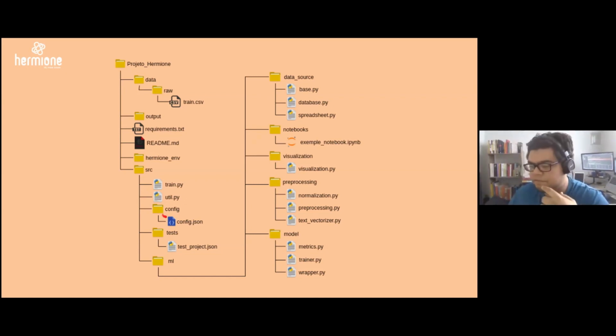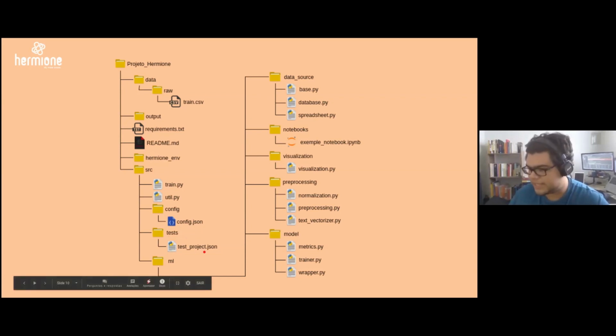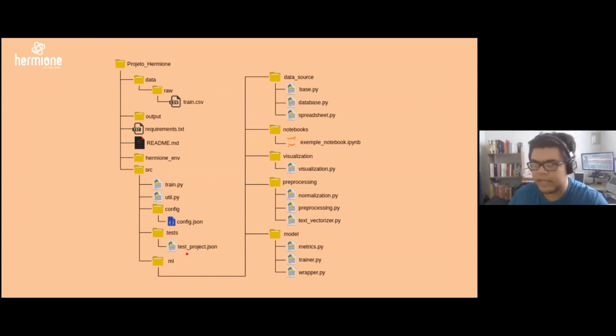You have a config folder with a config file. In Hermione, usually you put here the name of the project, the name of the developer, some environments, and if you want to have more stuff in the config file, you can just develop on top of it. You have a tests folder, and this is a test. That's not a JSON actually, it's a .py file. Sorry, it's not correct. But you have a test class, so you can code unit tests for your project.